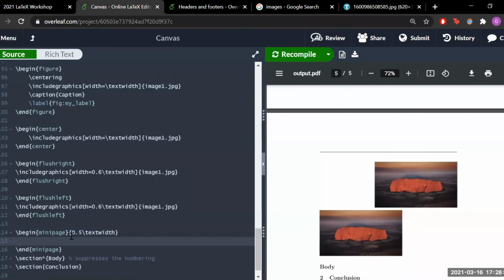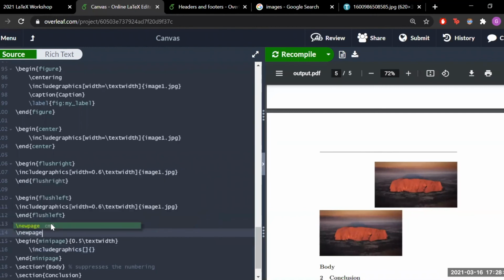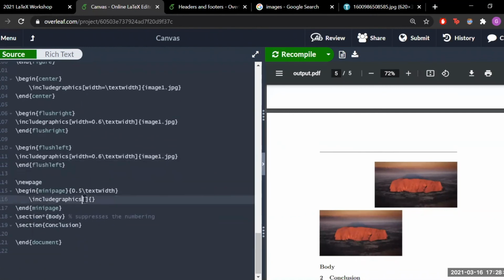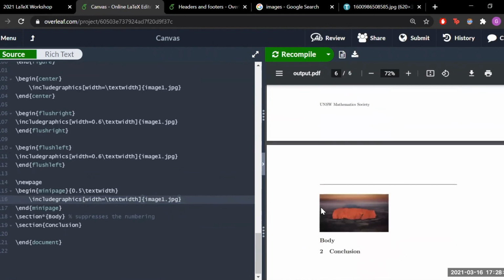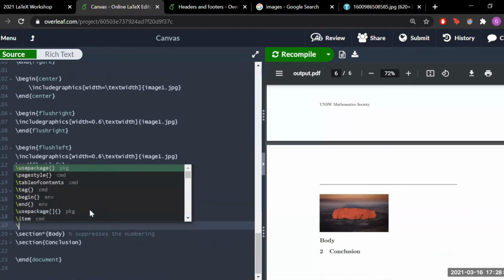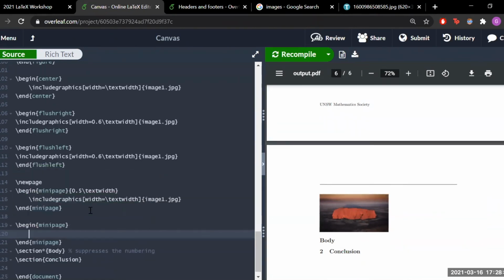And on the left side, let's put in include graphics. Let's do a new page first, and then we'll have a look and see what we can do. Width equals text width, image1.jpg. If we do this, you can see that our picture will be aligned on the left part of the page. And then you can do begin minipage again, here you can do 0.5 text width,